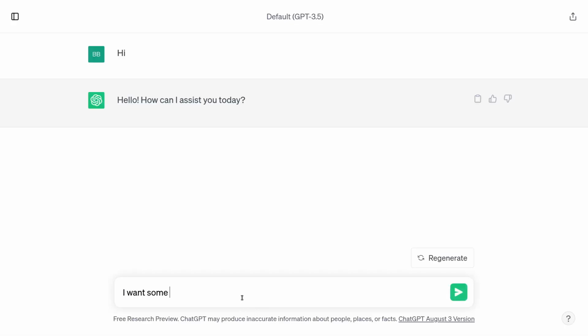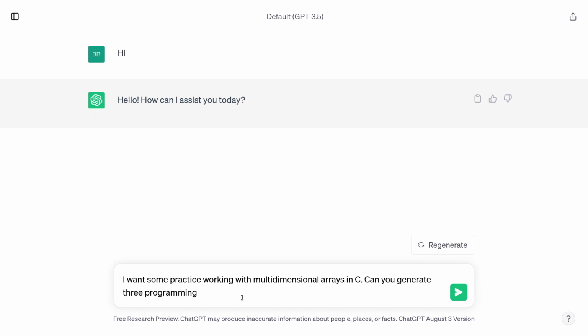So I want some practice working with multi-dimensional arrays in C. Can you generate 3 programming exercises involving 2D arrays? So I'm going to add one qualifier here, which is that we're just about at the point